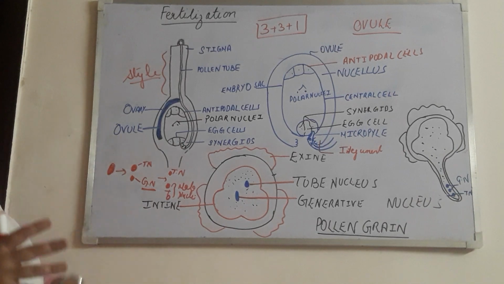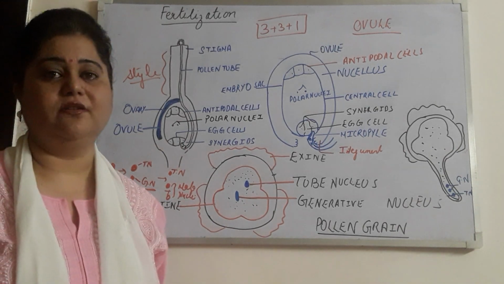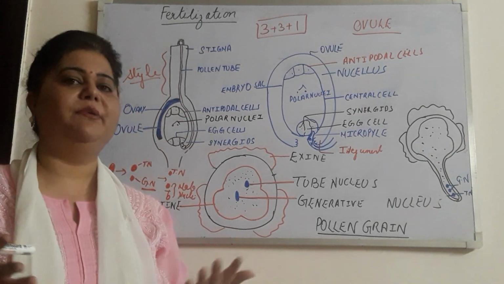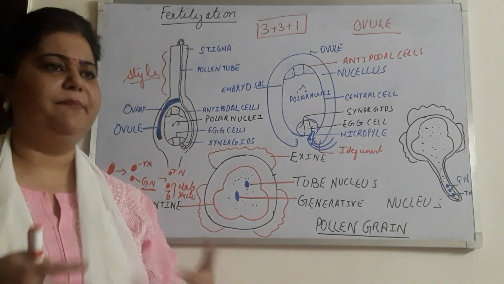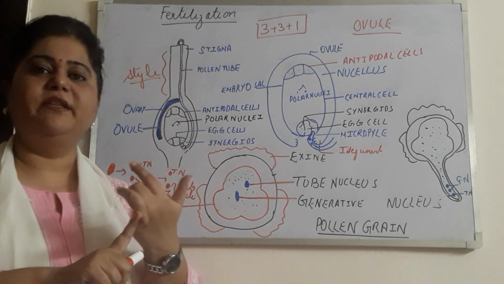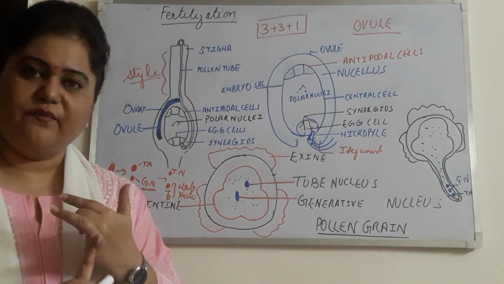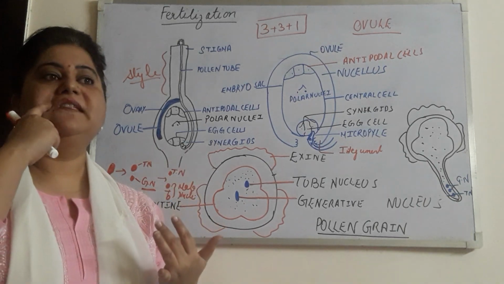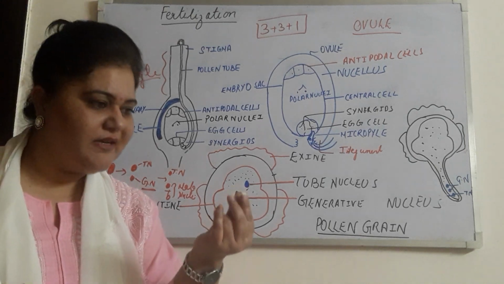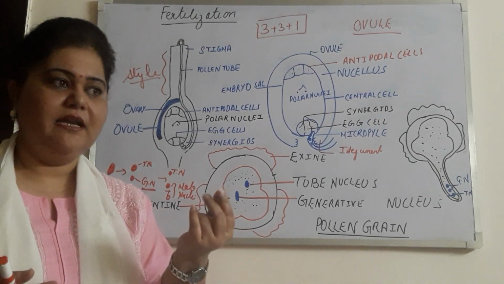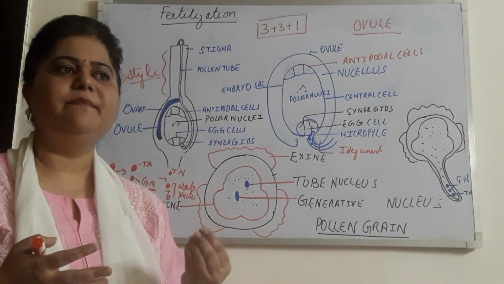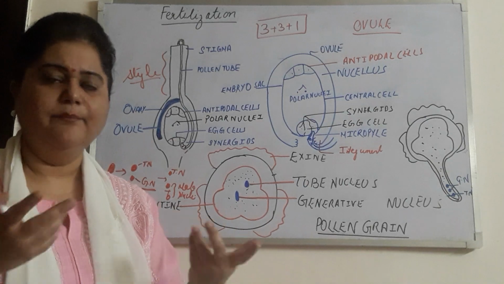Now what will happen after fertilization? I have told you about various floral parts: the sepals, petals, stigma, style. What will happen to them? Petals will wither off, and sepals will also wither off, but sometimes sepals remain intact with the fruit. For example, in tomato, you must have seen those green sepals still intact with the fruit. So most of the time they wither off, but sometimes they remain.